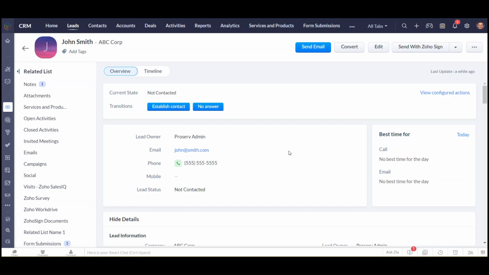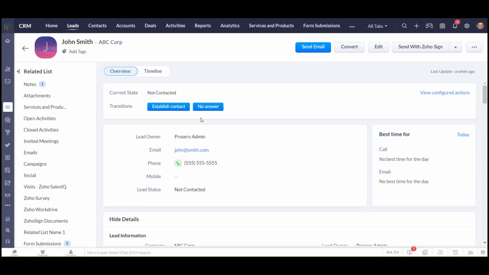Just a quick recap here. What we do is we integrate Sales IQ with the CRM to bring through the visitor history. We will integrate a lead form with your website. When those form submissions come through, we'll go ahead and create a lead as well as a form submission record. We'll enter that lead into an assignment rule that will assign it to the appropriate rep or department. It will then go through to a blueprint where we'll go through a qualification process with this lead, and then